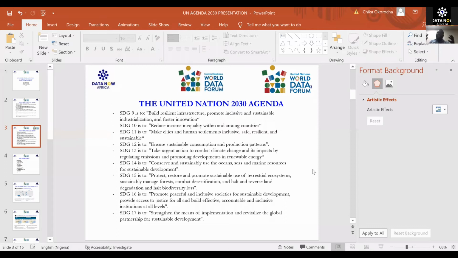So if we know the data that is available, where a particular problem is being experienced, and the spatial information about that location, we can begin to model trends that will bring about change and development to solve and tackle that problem. So for us to achieve this 2030 agenda, if you know we are already in 2021, that means we have just 9 years. We need the right data source.